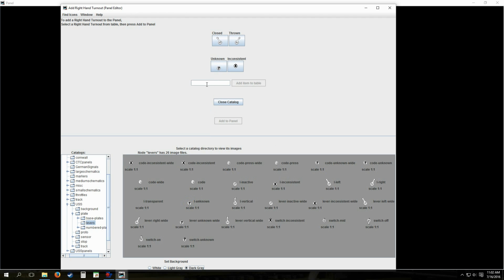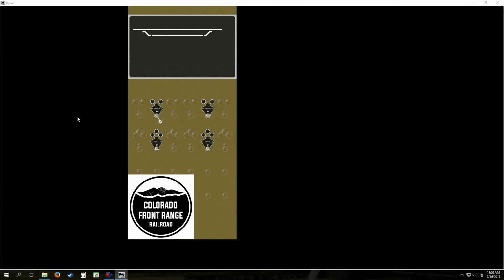Okay, again, I'm going to attach this to the turnout that it is connected to. That's why it's a turnout. I'm going to add it to the table and add it to the panel. And there's my lever right there. And I'm going to slide it up into position. There we go. And now watch, when I click it, that turnout up at the top switches too, from normal